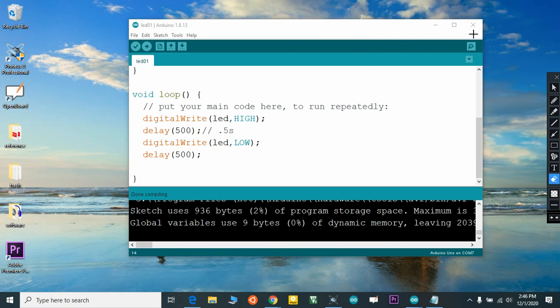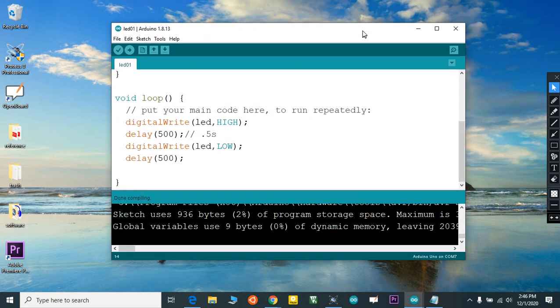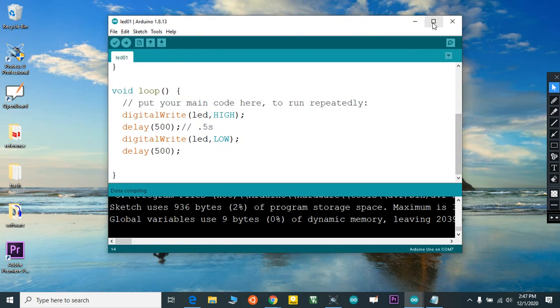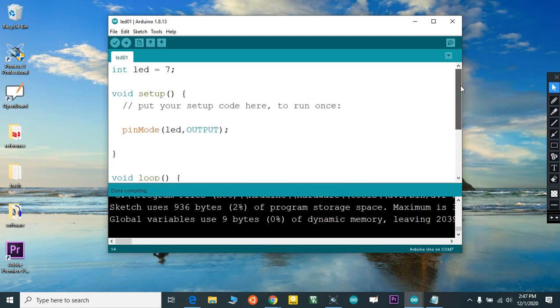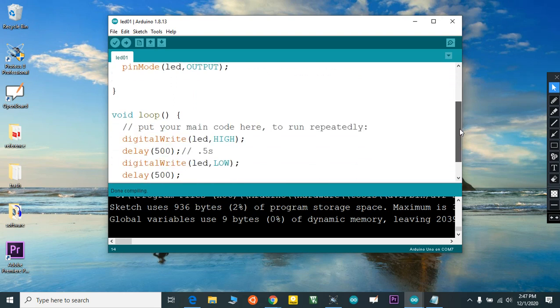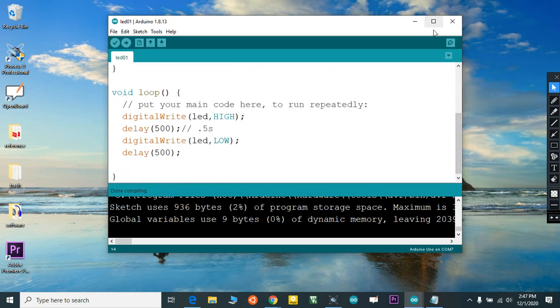done compiling. Now I'm going to explain how to find your hex file. A hex file is an embedded file. You need to upload that file. By default, it is not available in your Arduino IDE. You need to set it up. Okay, so for that, how to enable the hex file?